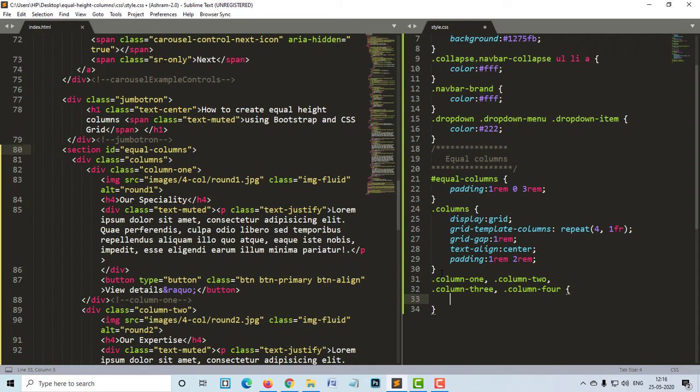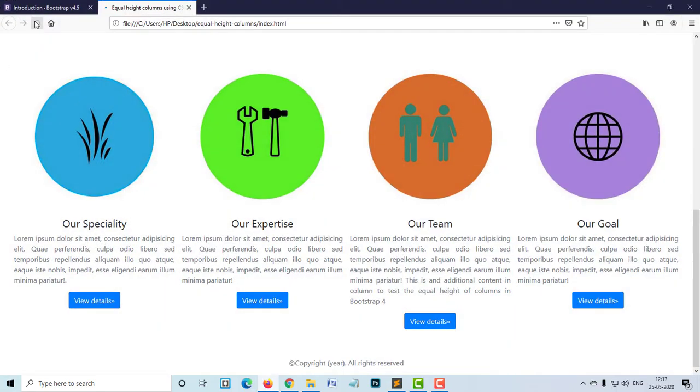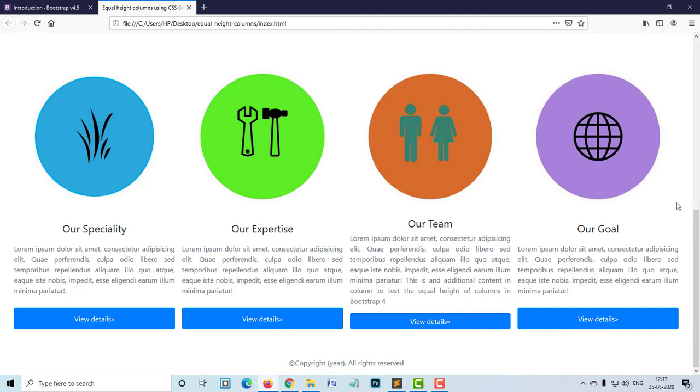In all the 4 columns, if I say display grid, now what will happen? You can see all the 4 columns are now equally aligned. The moment I said the child display grid, all of them are equally aligned, even though the text is misaligned here. So how to align this further?